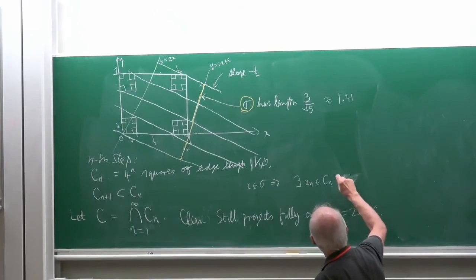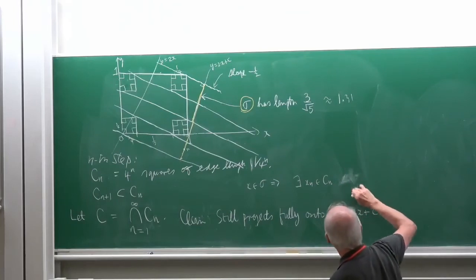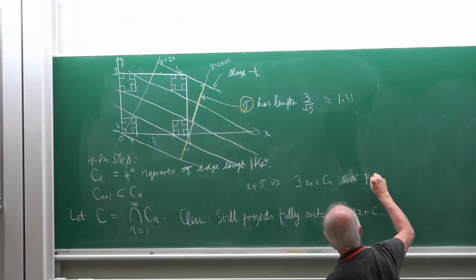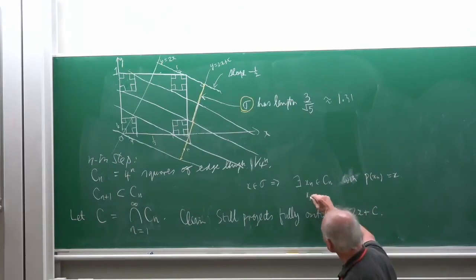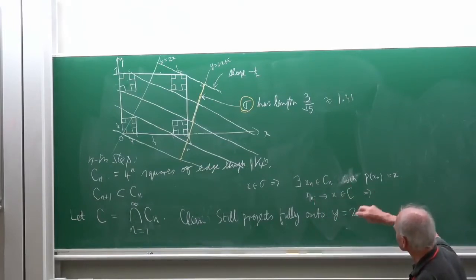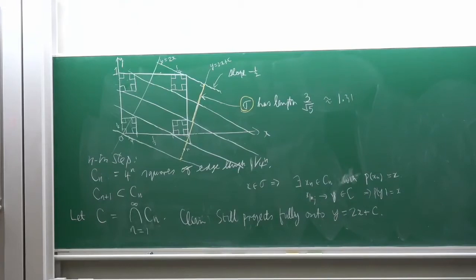Let's call the projection P, projection parallel to the lines y equals minus a half x. So there exists an xn with Pxn equals x. But then by compactness there's a subsequence xnj converging to some y in C. Just taking limits, that means that Py is equal to x. Okay, so it still projects fully. The limiting compact set still projects fully onto the line segment sigma. So it's certainly got positive